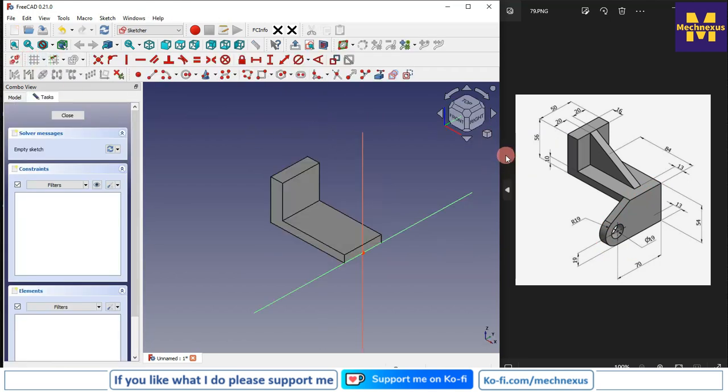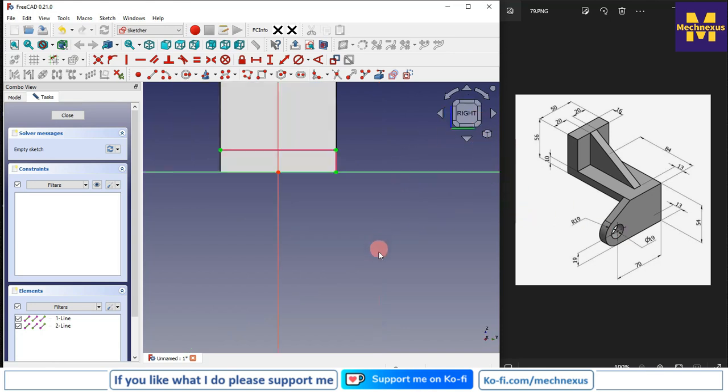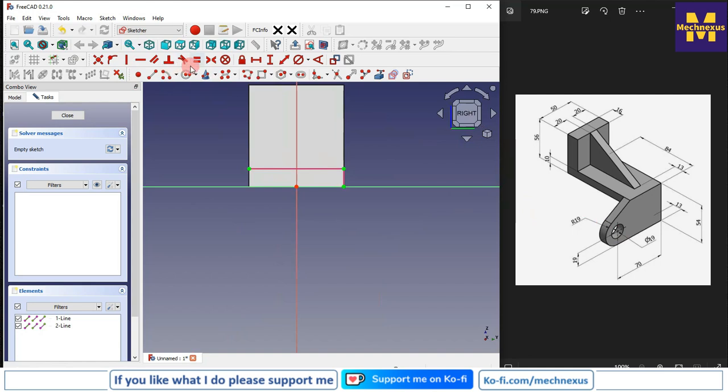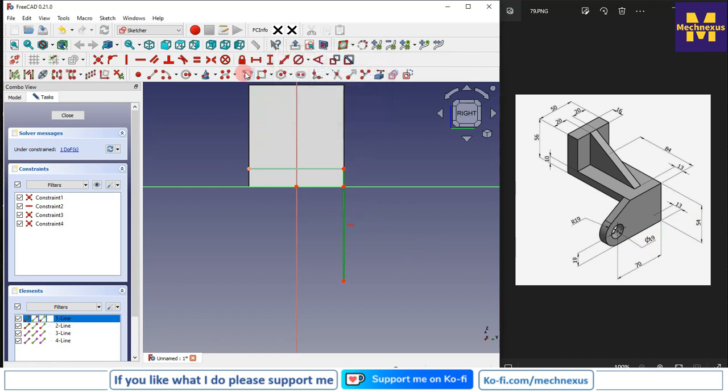We will switch to the isometric, and now I will select the project geometry. I will project this edge and this edge, switch to the right plane, and now I will select the line tool, draw a vertical line and draw one line here, and this is the 54, so give the vertical 54, and from here